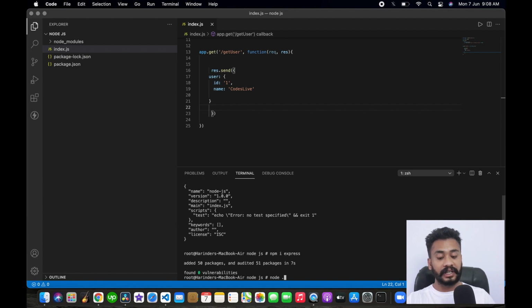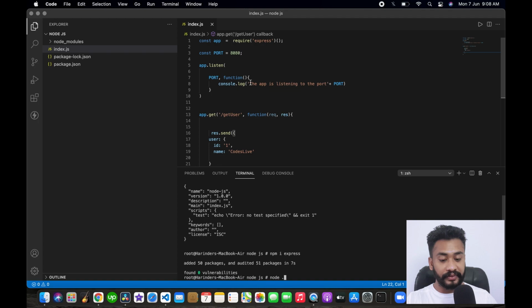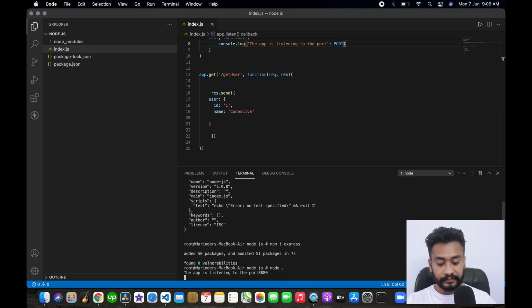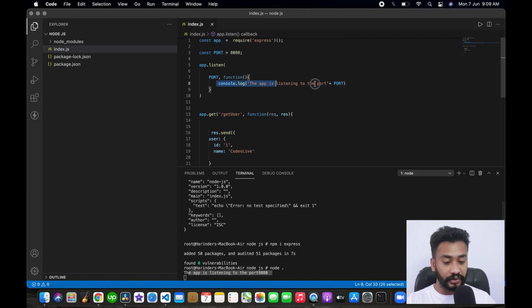After executing the command, you will see our app will be listening, and our log will be printed here. You can see the app is listening to the port. Our code is executed, it means our code is running fine.